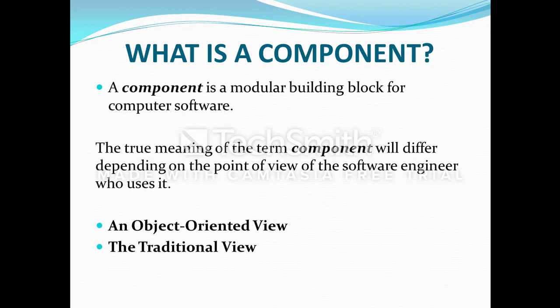Here, we represent these components in two viewpoints. First one is the object-oriented view, and second one is the traditional view. In the object-oriented view, a component contains a set of fully elaborated and collaborating classes. Each class includes all attributes and operations that are relevant to its implementation. All the interfaces are elaborated to enable the classes to communicate and collaborate with other design classes.